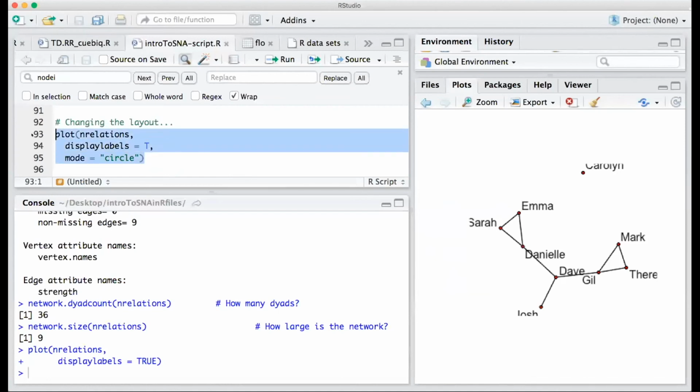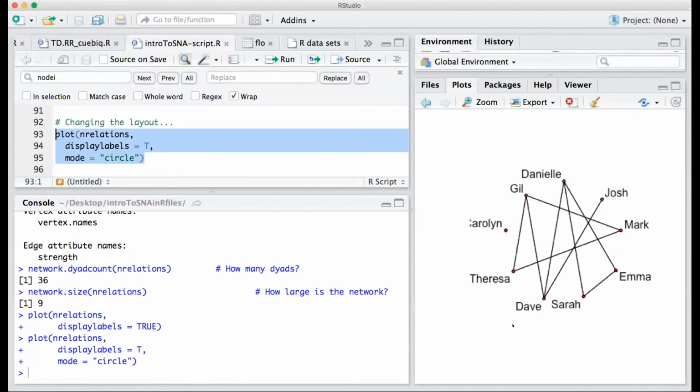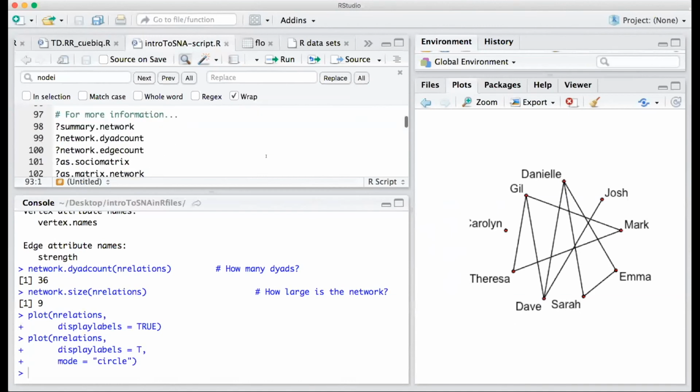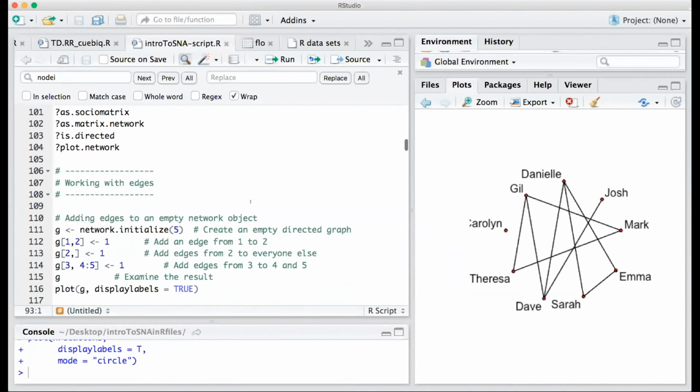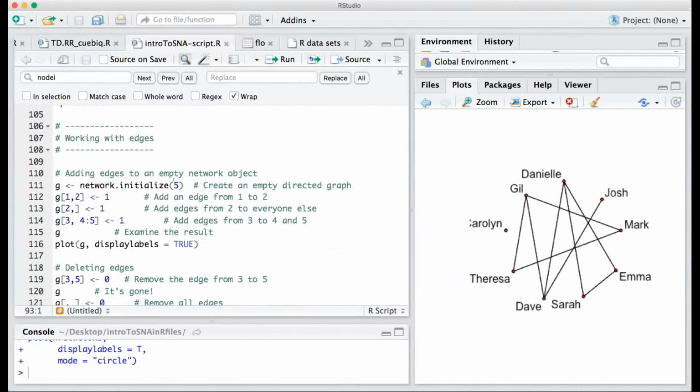I would highly recommend that you never use it. It just doesn't really show a lot of information. Occasionally you can get a cool figure if you add some curve to the lines. I have never found it to be useful. Let's just keep going. So there are ways that you can create just an empty network and then add edges to it